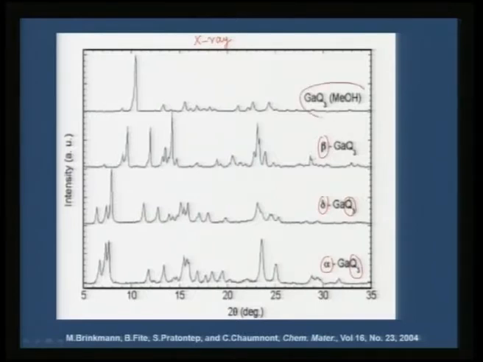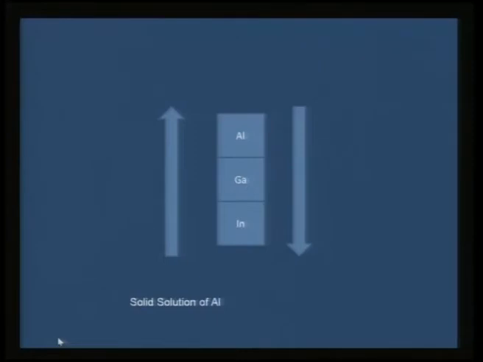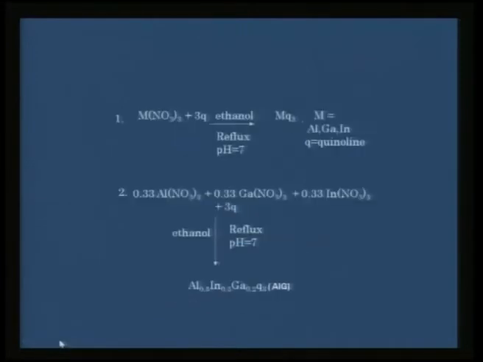But if you look at the clathrate, this is called methanol clathrate. The methanol clathrates have a very simple X-ray pattern which has a 100% peak somewhere around 10. Now if you have a 10 degree peak, then you can carefully look at AlQ3 clathrate, gallium Q3 clathrate, indium Q3 clathrate, and see whether they all have the same X-ray peak, and therefore we can look at what is the order of these solid solutions.